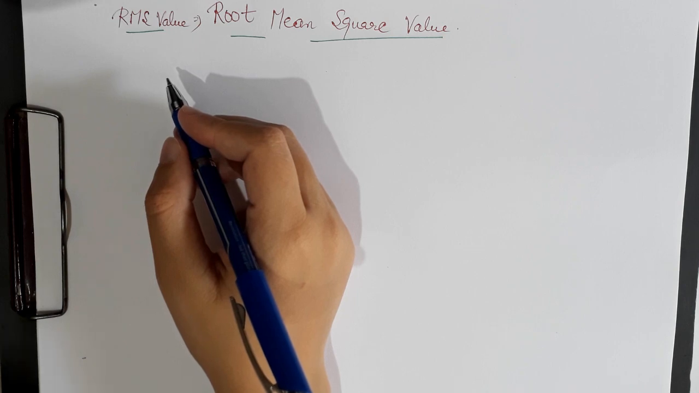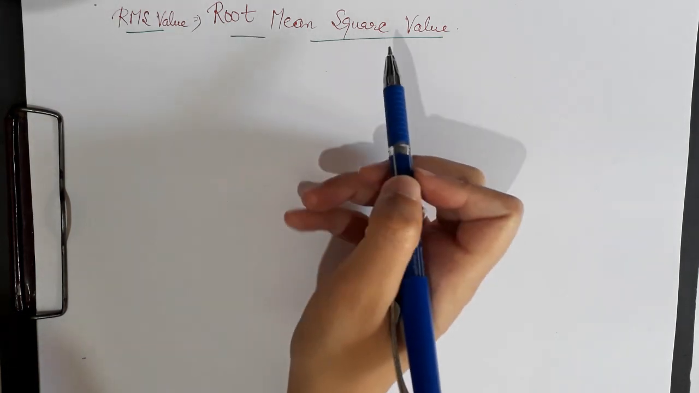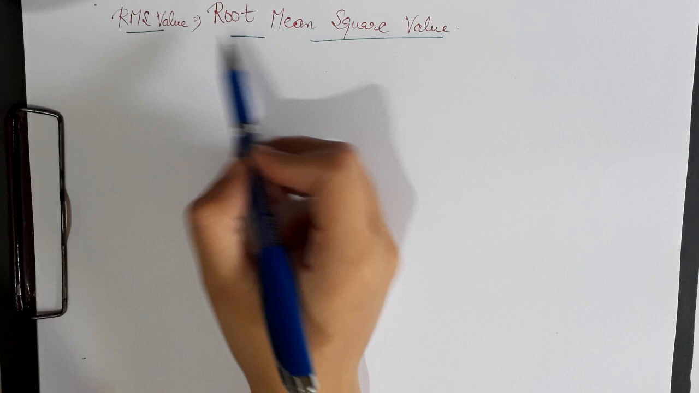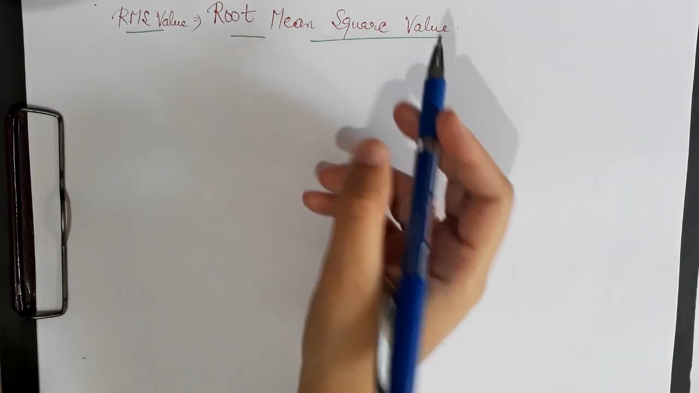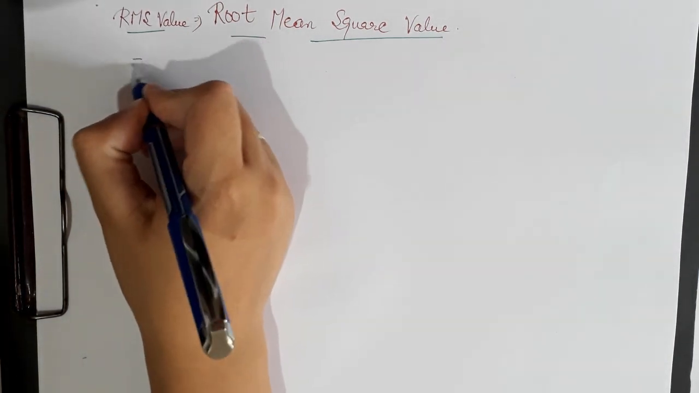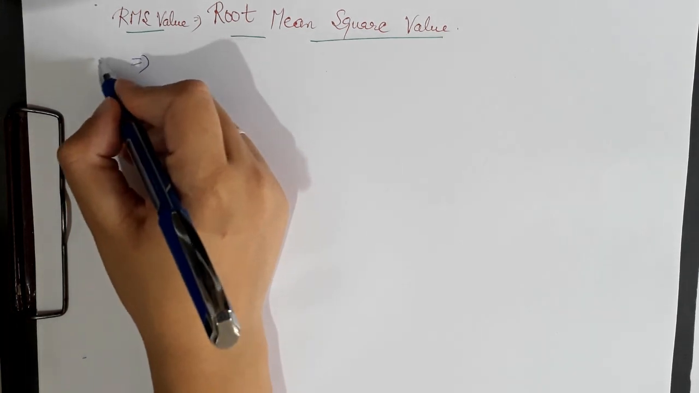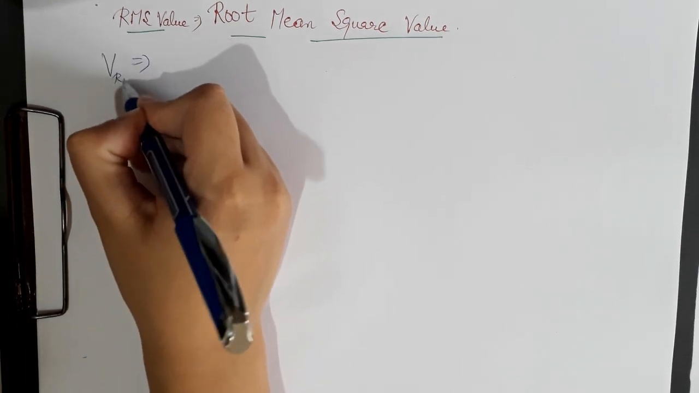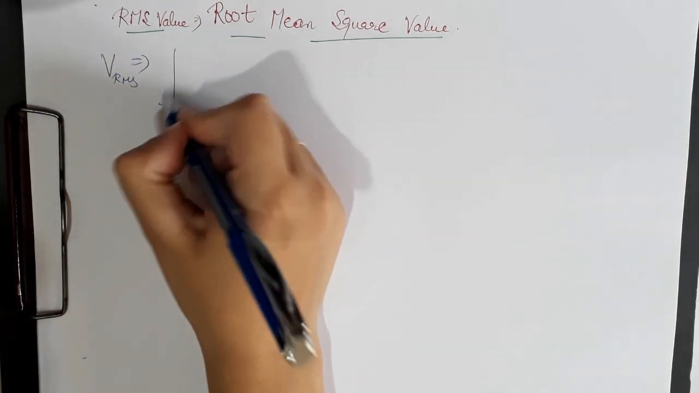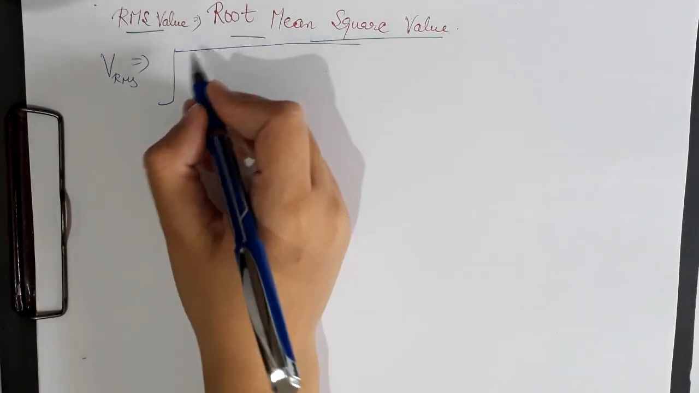आज हम सीखेंगे कि आरएमएस वैल्यू कैसे फाइंड आउट करते हैं। आरएमएस वैल्यू इज़ रूट मीन स्क्वायर वैल्यू। सो फ्रेंड्स, सबसे पहले देखते हैं व्हाट इज़ वी आर एम एस। सो वी आर एम एस ऑफ एनी वेव फॉर्म इज अंडर रूट ऑफ